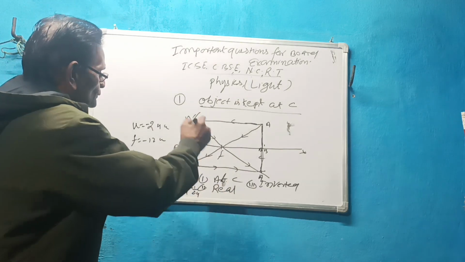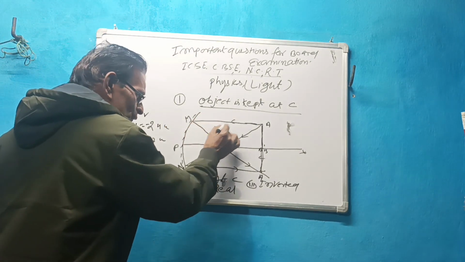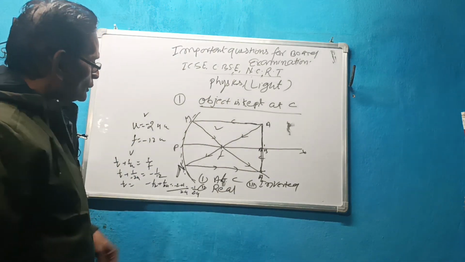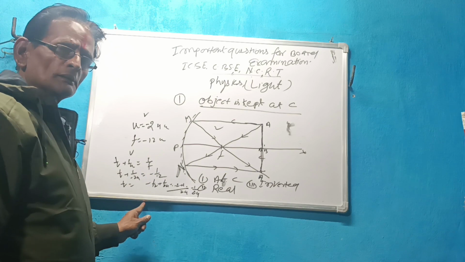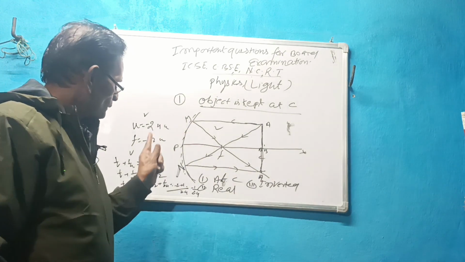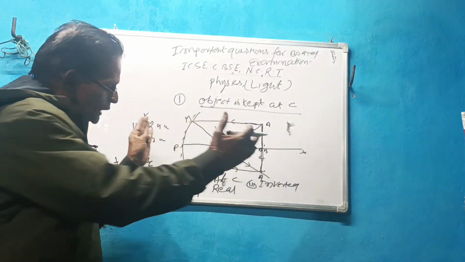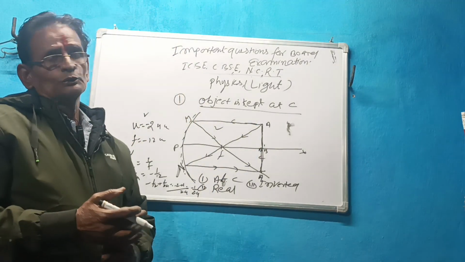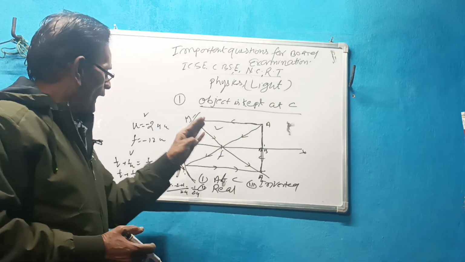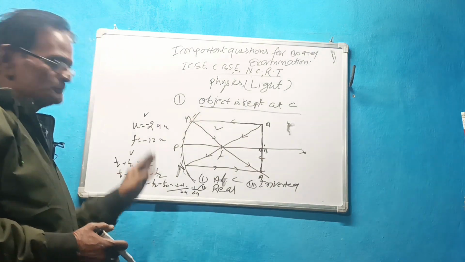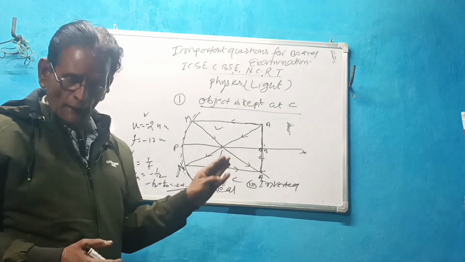In this way, both numericals are related to the figure or your drawing. So you can prove to yourself whether your numerical is right or not, or whether your drawing is right or not. It means both are connected to each other. So in this way you can draw the picture, and after drawing the picture you can solve the problem, and you have to also check yourself whether what you solved is right or wrong.